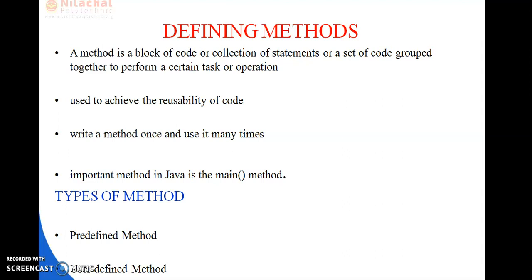Once the method is written, it can be used many times. The important method in Java is the main method, where the execution starts. Always remember, the execution starts from the main method. Later, we will discuss different types of methods, that is predefined methods and user defined methods. Okay, thank you.